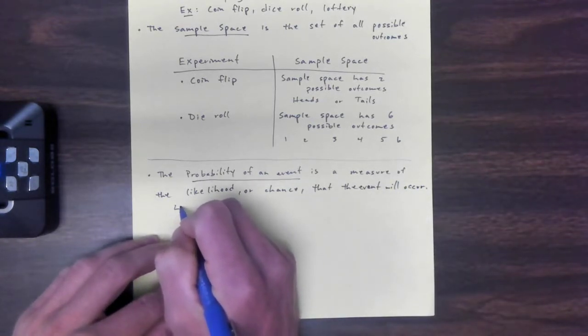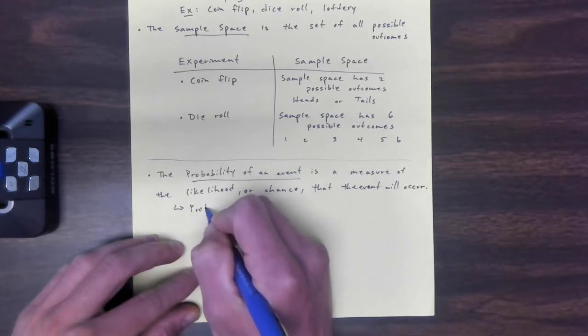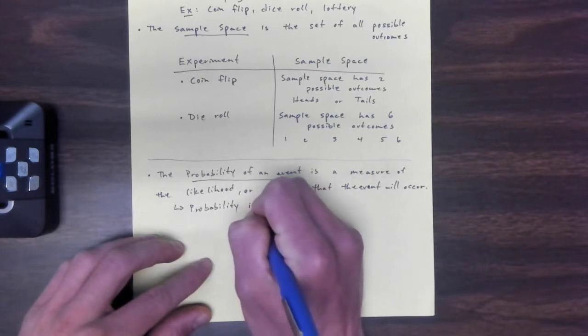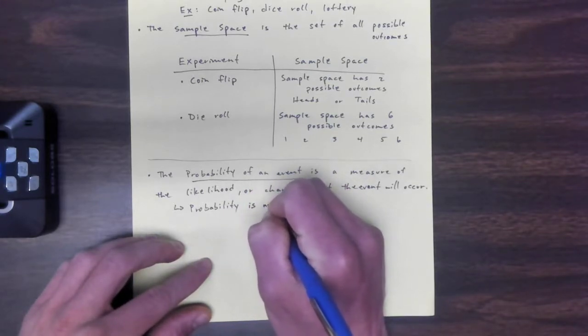Okay. We measure probability as a value. The probability is a number value